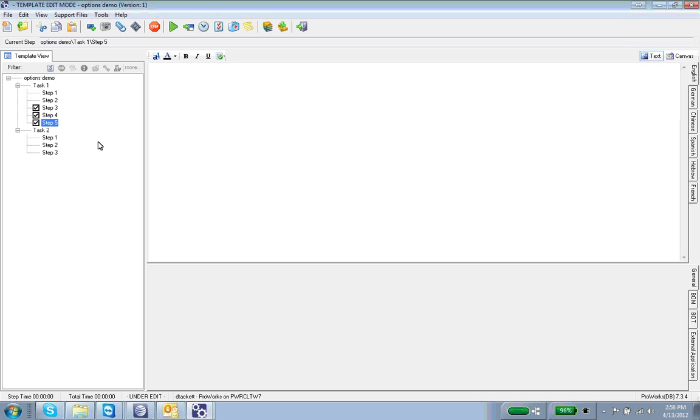Okay, so now what's going to happen is when I run this, these particular steps, this checkbox will only get run if the option is selected. Okay, and it can overlap. I can have some things that everything gets done, some things that are not. So if I go in and